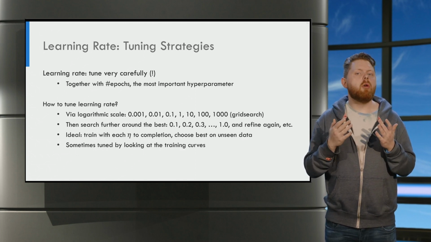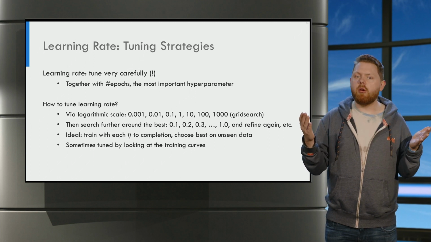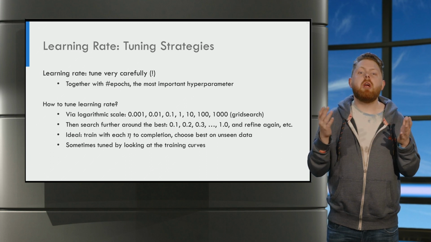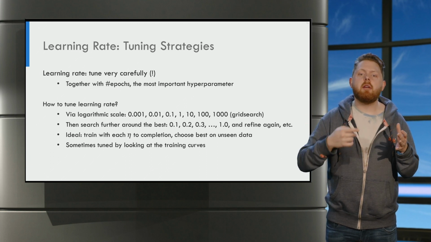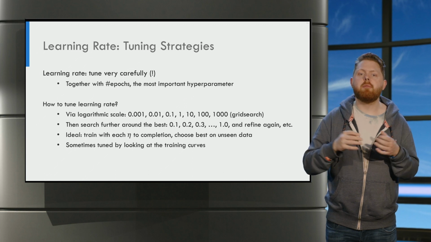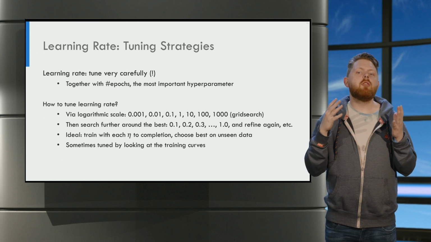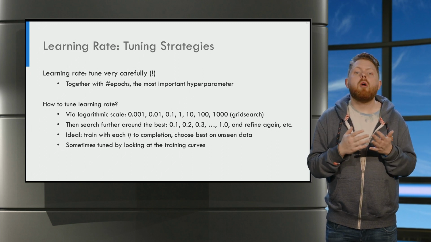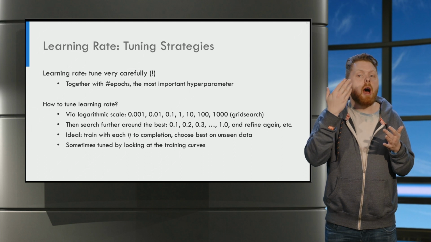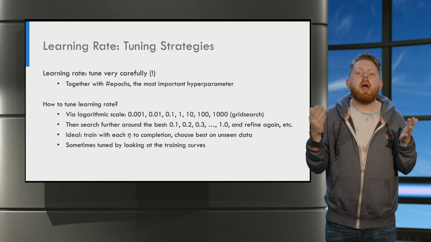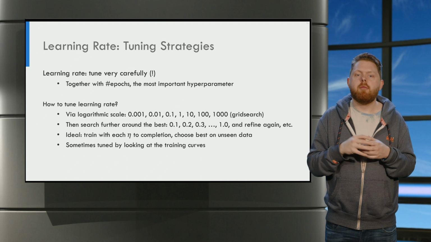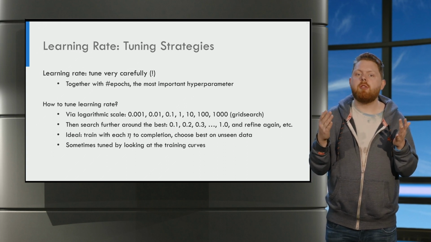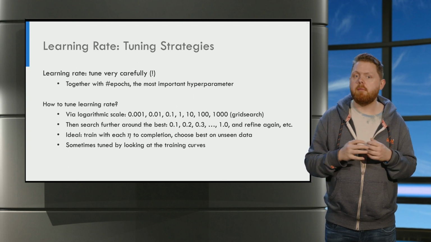However, people often also use the training curve for tuning. Why? Well, the training curve is usually made interactively during the training procedure. So we can stop the training directly if we see the loss diverges. Also, we can often see by eye that the loss converges and we can stop training early. Therefore, training curves can help you tune the hyperparameters much faster by hand.